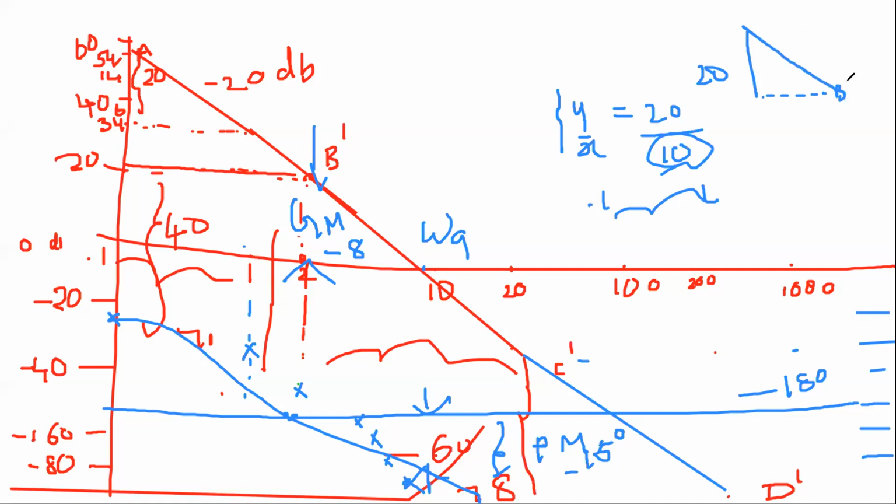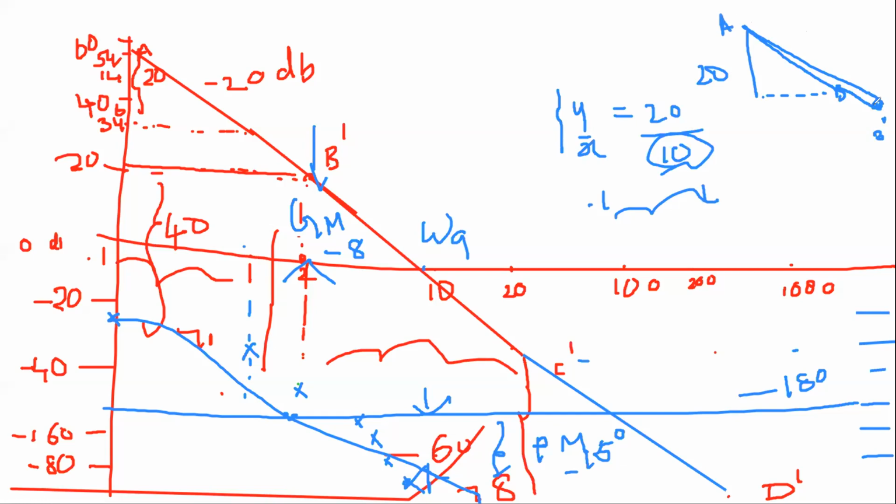But if this decade whatever you have marked is not your corner frequency, don't worry. If it is not your corner frequency, as in this case, extend this line up to the first corner frequency, say 2. So this is your actual line. From here to here is your actual line. Erase this small part here. This will be your actual line.